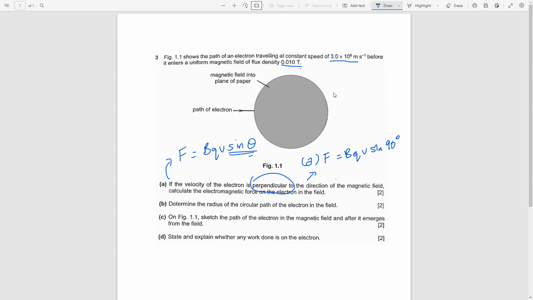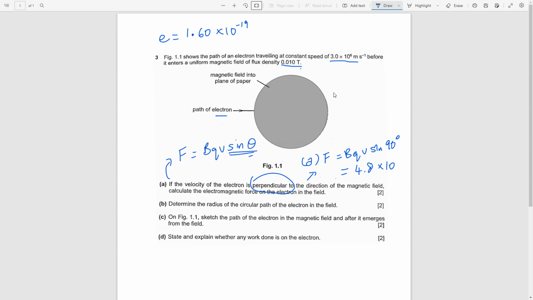Now, B is 0.01. Q, the charge of the electron, should be given in the list of constants: 1.60 times 10 to the power of minus 19 coulombs. So we have 0.01 times 1.6 times 10 power minus 19. Velocity is 3 times 10 power 6. Let me just key into the calculator. You will get a very small number of 4.8